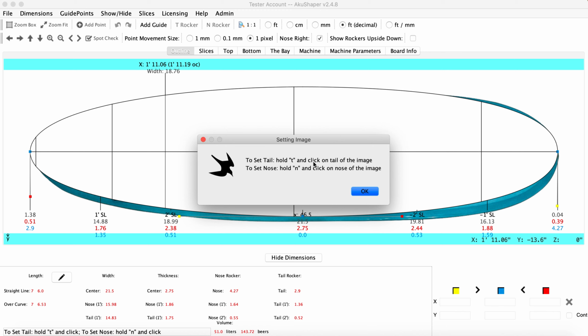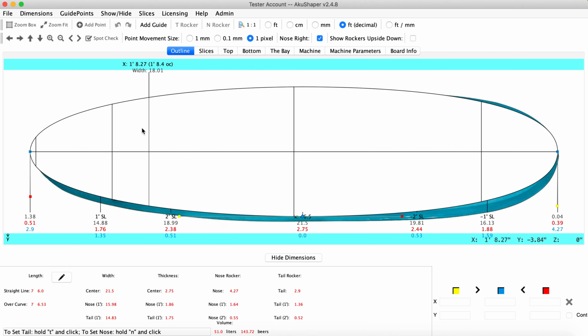So once the image loads, there's this prompt box that says to set the tail, hold T and click on the tail of the image, and N and click on the nose. These holding T and N are basically what shifts the image into place, and that's what we're going to do now. So once you hit OK,